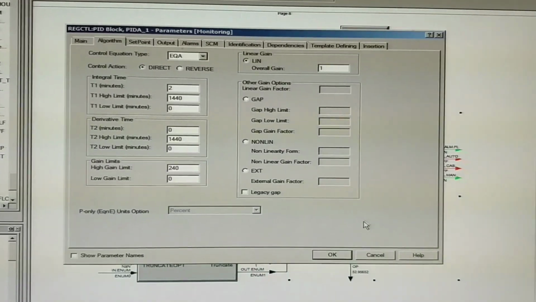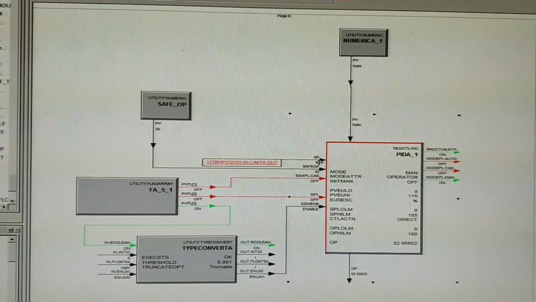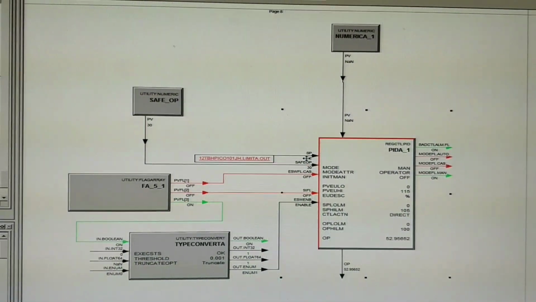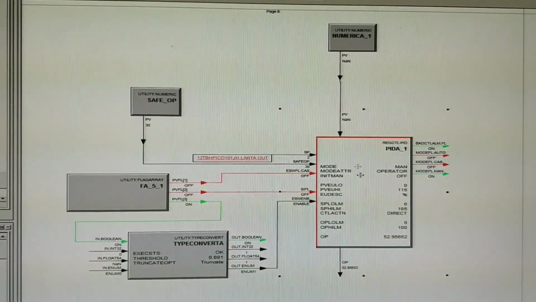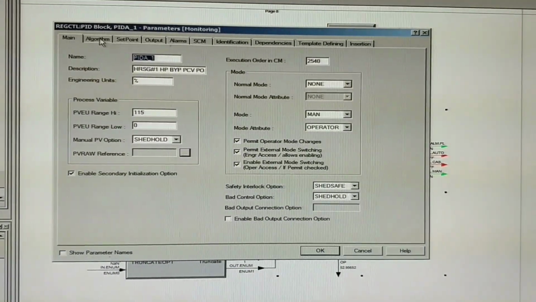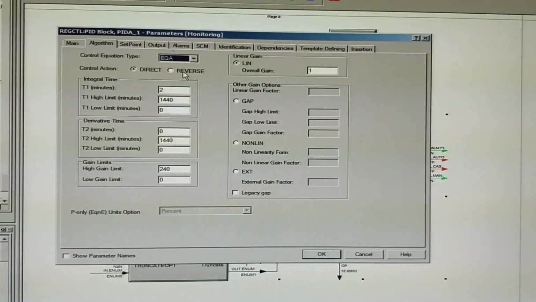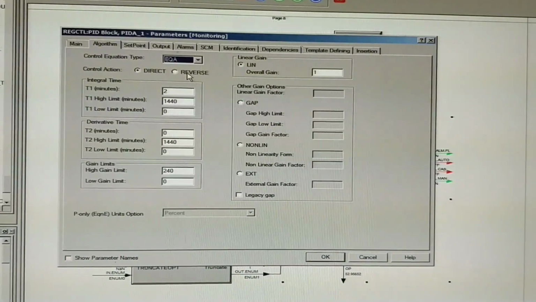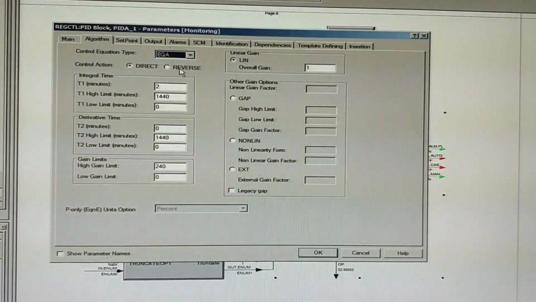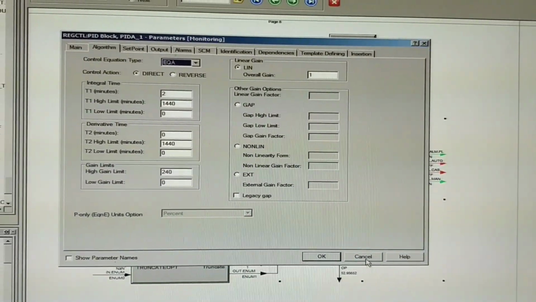In direct action, when the process value goes above the set point, the output will rise, and in reverse action, whenever the process value goes above the set point, at that time output will decrease. We will simulate that one also.